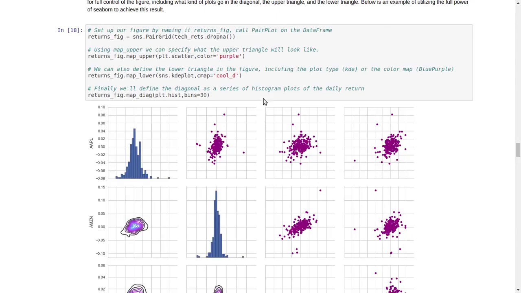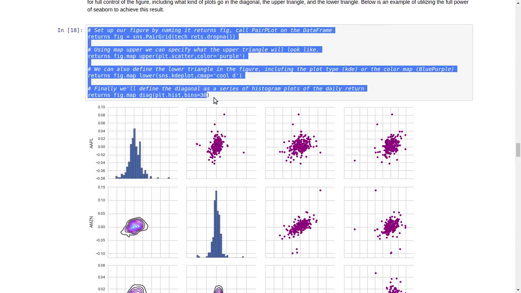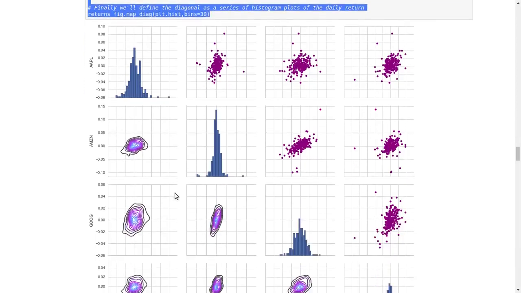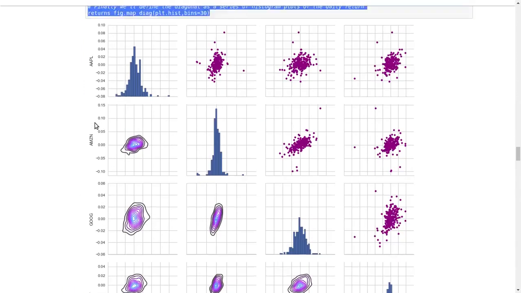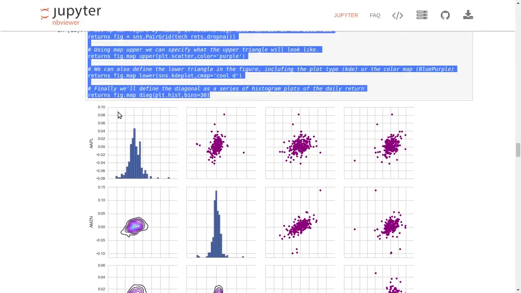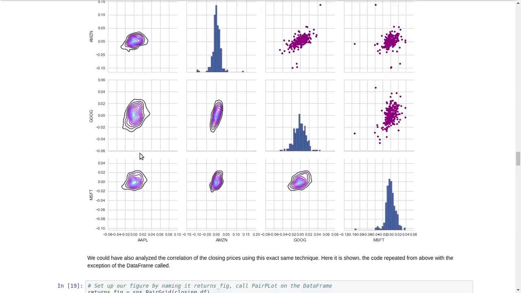Here you can see the code over here. We have used data frames and daily returns, and we have plotted histograms of daily returns of all those companies, and we have created the data frames as well.